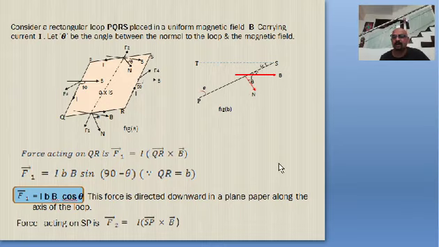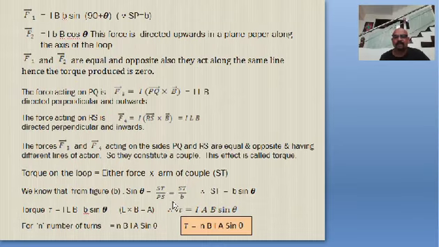So coming to this diagram, see that one of the forces into the perpendicular distance, the perpendicular distance ST is equal to b sin theta. Remember this, ST is equal to b sin theta. Suppose I substitute for torque: torque on the loop is equal to one of the forces. What is one of the forces? ILB. I write ILB here, and the perpendicular distance, or the couple arm, is equal to b sin theta. ILB b sin theta. Here length into breadth gives you the area of the coil. This is small b, dear students. So length into breadth gives you the area of the coil.